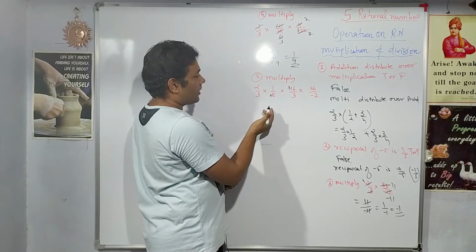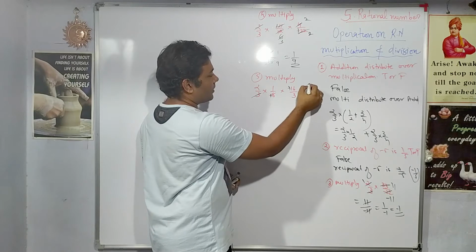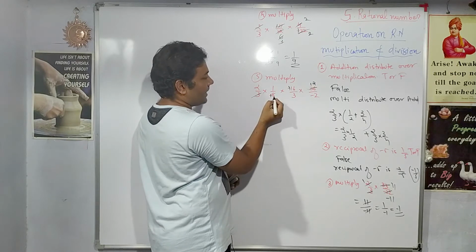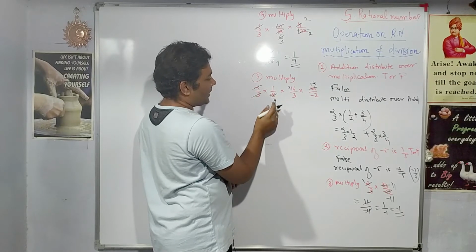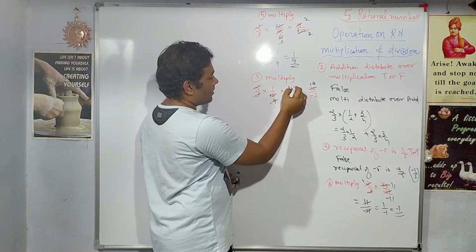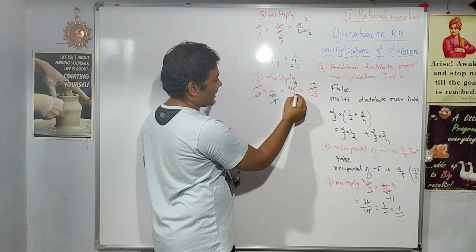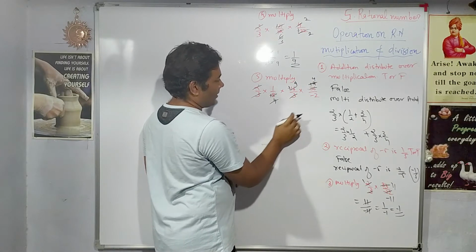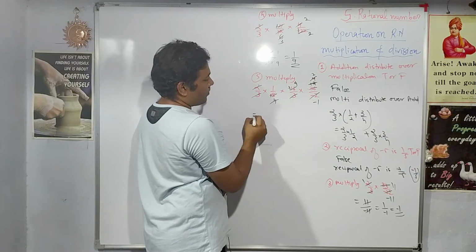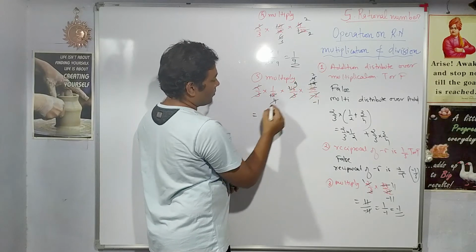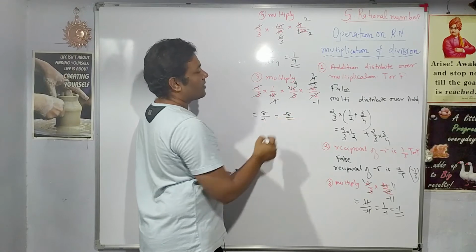So now with the numbers, will 3 get cancelled with anyone? Yes, 3 will get cancelled with the 36, giving 12. Will 8 get cancelled with anyone? Yes, this 2, 4 2s are 8. Again this 4 also can be cancelled here, so 4 4s are 16, right? 3, can it get cancelled? Yes. 3 4s are 12. This 2, can it get cancelled? Yes. So 2 2s are 4. So what remains in the numerator? 4 2s are 8, and what remains in the denominator? Minus 1. So minus 8 is the correct answer.